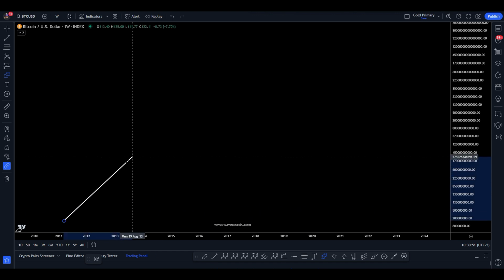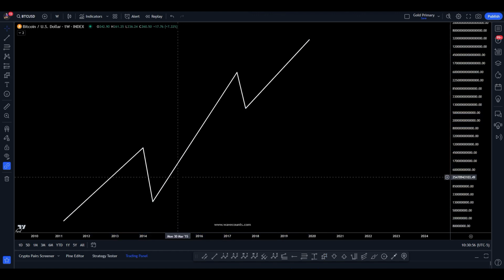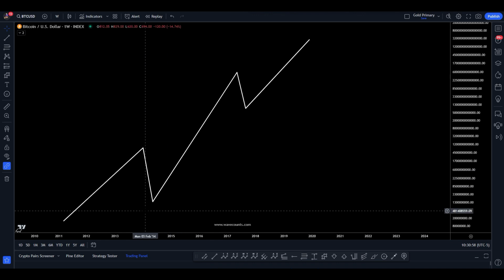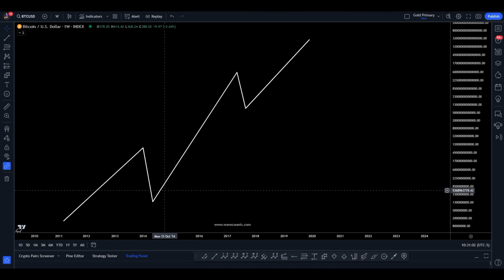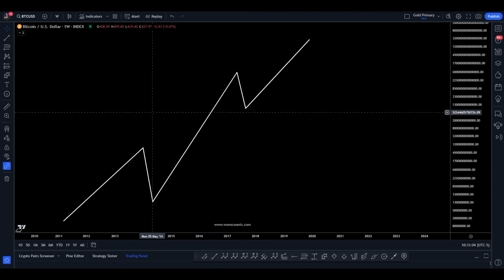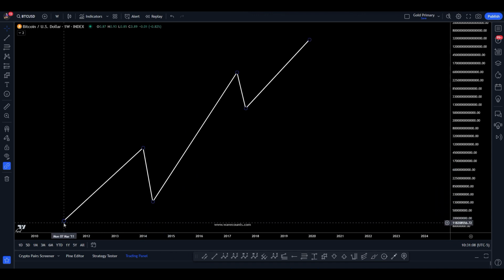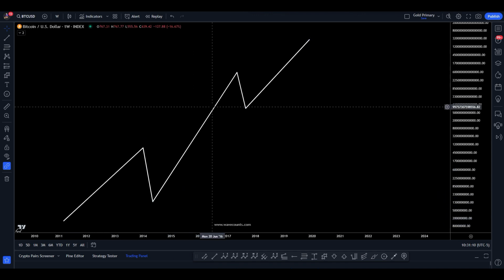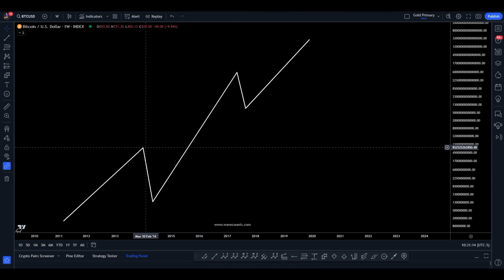It's a 5-wave move, right? Up, down, up, down, up. And it follows a certain set of rules. Okay, the third wave cannot be the shortest wave. The third wave must be an impulse. The third wave must extend beyond the end of the first wave. The second wave cannot exceed the start of the first wave. The fourth wave cannot exceed the end of one.